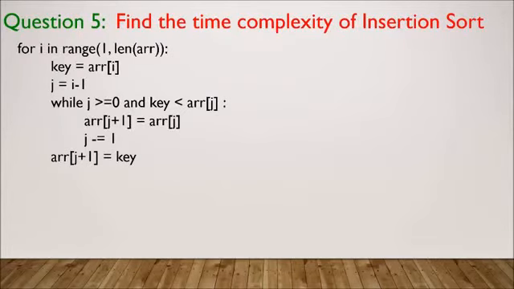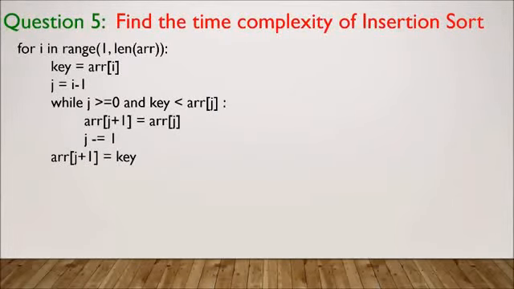We have to measure the worst case complexity. The worst case can occur when I want to sort an array in ascending order, and the array taken as input from the user is in descending order. It is the worst case because in that case we have to sort each and every element. To insert the first element, the highest element, to the last position, we have to make how many comparisons? n minus 1. Suppose the length of the array is n, so we have to make n minus 1 comparisons.